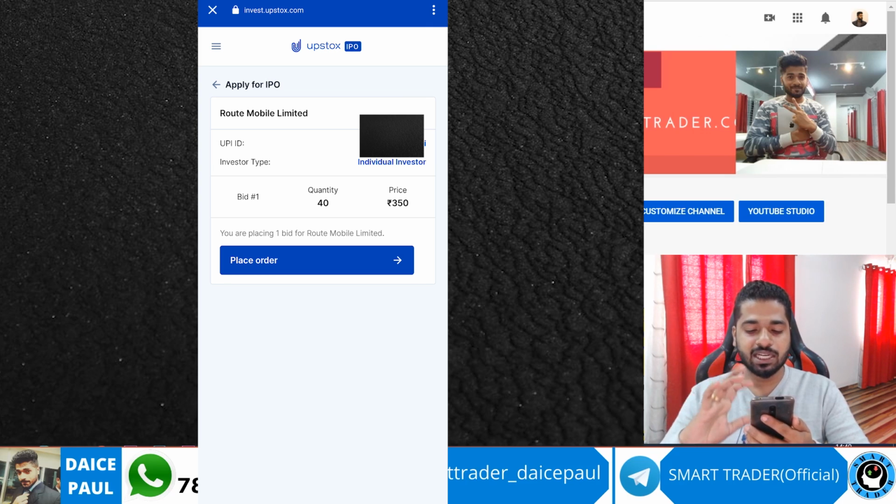Right now I'm not going to hit that click. If I hit it, the instructions will go to my Beam UPI, where I will have to approve. Only if I approve will it be considered. If I decline it, it will get cancelled. So I will not do this, because if I place it here, I cannot show you on the website. So I'm not placing it over here. You can hit place order and then confirm your order.